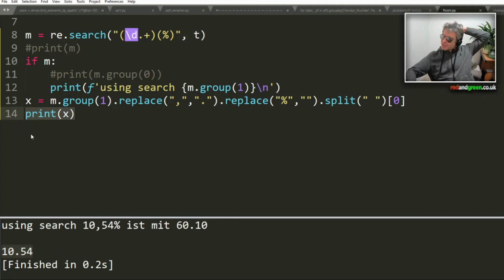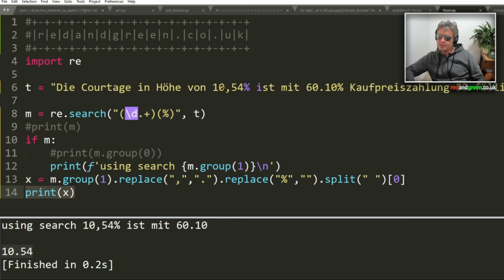So I hope this has been interesting. Yeah, a little bit of going around the houses, but this is probably a useful one to know, really. So yeah, the \d is digit. The dot means 0 or more characters, and then the plus sign, and then you've got the percentage sign in brackets, which is basically what you're looking for, and then that's what you're getting to the left of it. And when you use search, so that's your pattern in the quotes, and then you've got your text there, which is